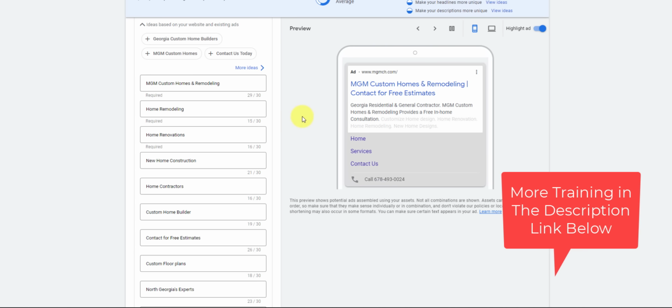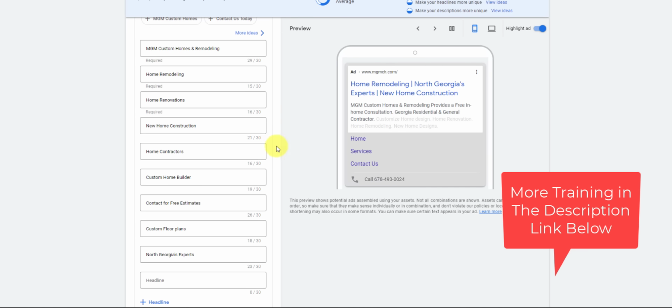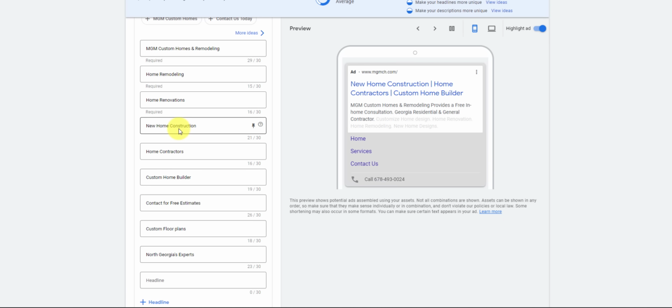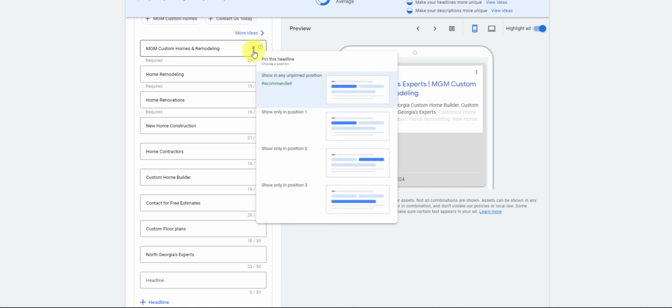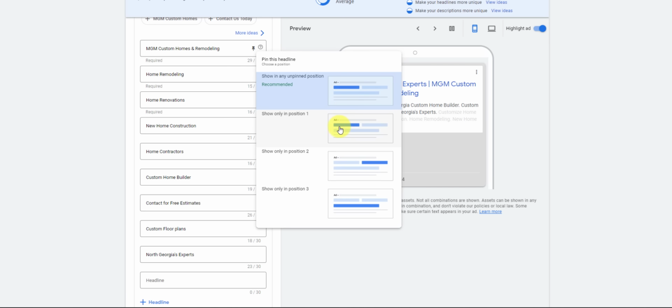We'll jump over to the ads real quick. You'll see kind of the same thing going on. But we have different training on responsive ads. I mean, we don't recommend filling it here. This is just too many headlines to rotate through. It'll never get through all of them. Really just do 3 and use the pin feature, at least in position 1, so your first headline makes sense,